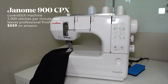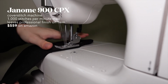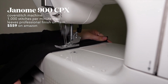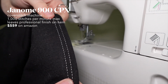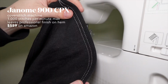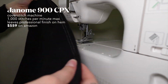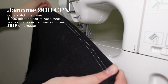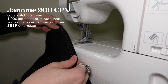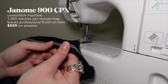Cover stitch machines are used to leave a super nice finished hem. So as you can see, the hem is just super nice. It's like the most professional finish ever, but this machine is like 100 times harder to work with than a serger. It'll always skip stitches and stuff. Like this, it usually works if it's in a straight line, but if you're trying to go over patchwork or whatever, it'll usually skip, which is so annoying because you literally have to either take it out and restart or